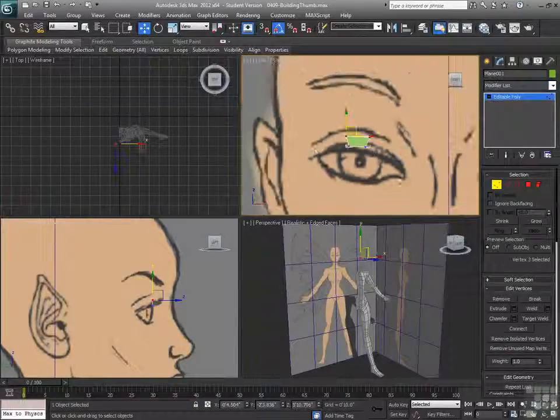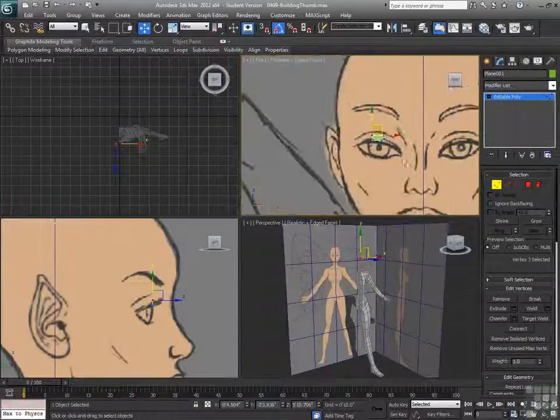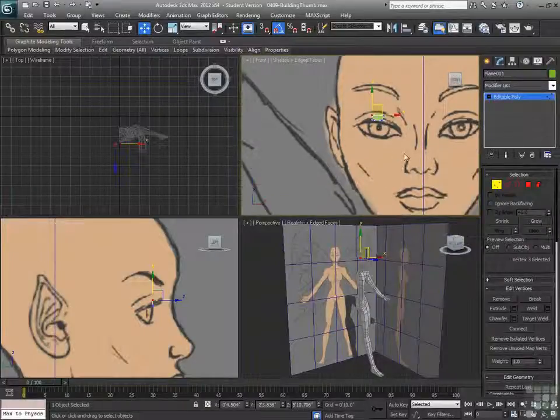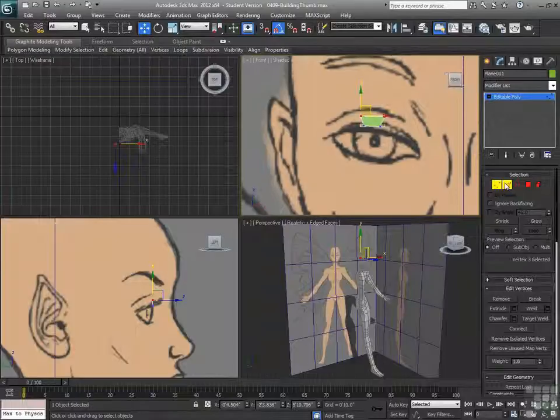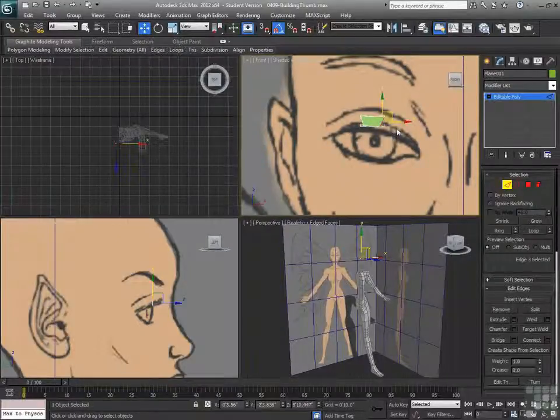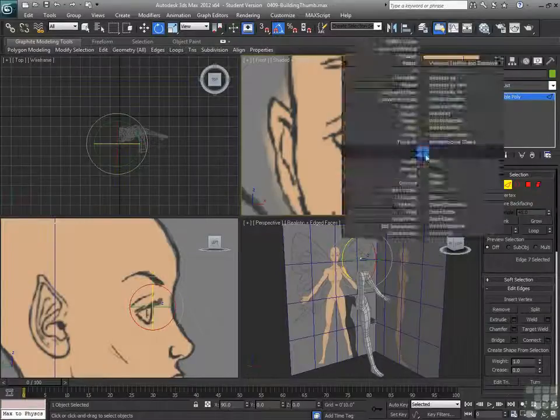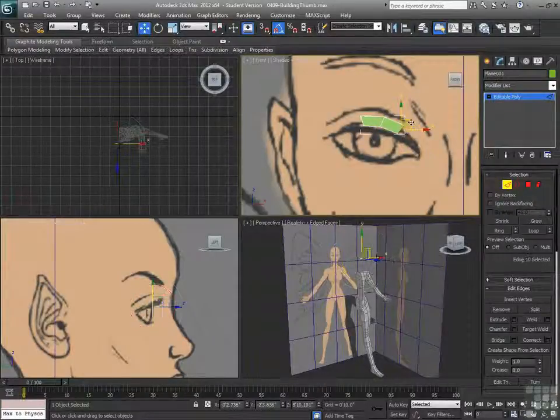Now, I want to think about having more detail below the eye than above the eye, because as we get over the top of the head, we're basically dealing with some smooth curves, and below the eye we've got a lot more detail. So now when I go to edge and shift drag, an edge creates a new polygon between the new edge and the old edge. So now we rotate, move,